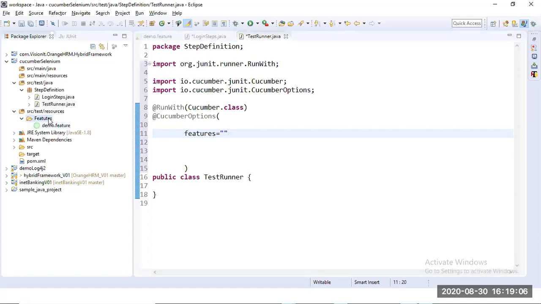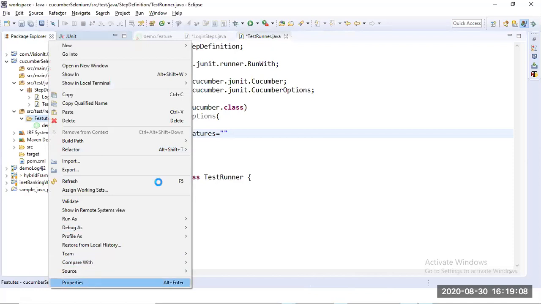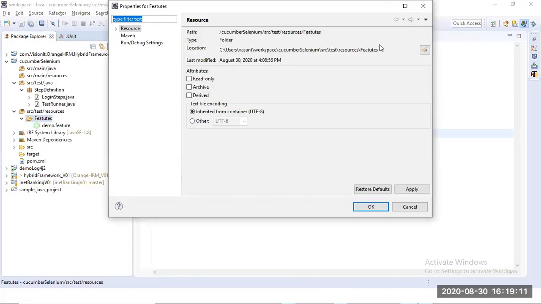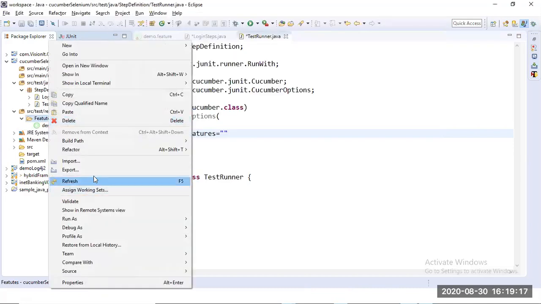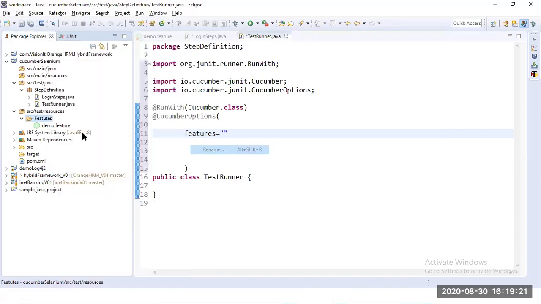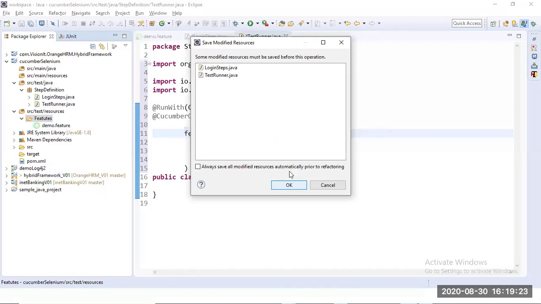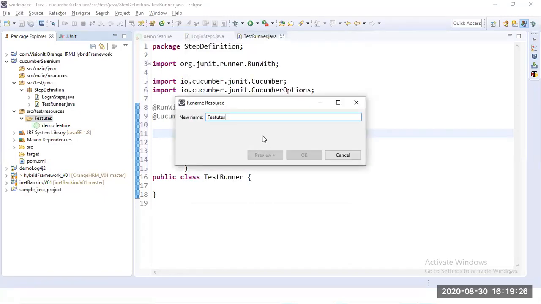Simply copy this path. Let me go to the properties and copy this path. Let me refactor the folder name; the folder name is features.